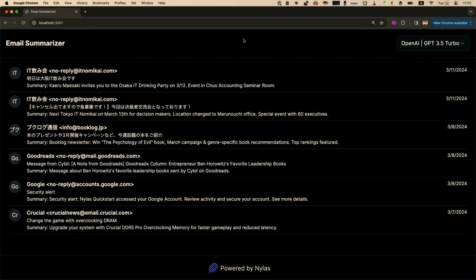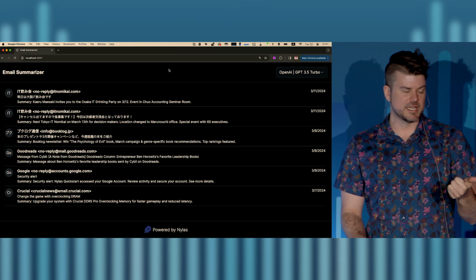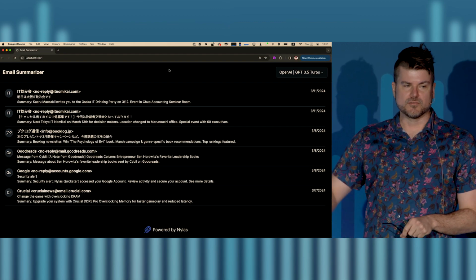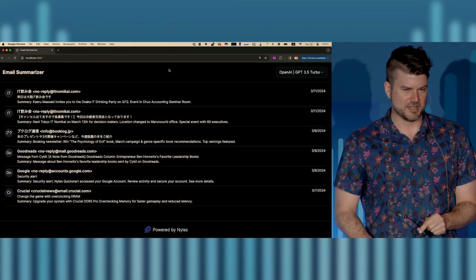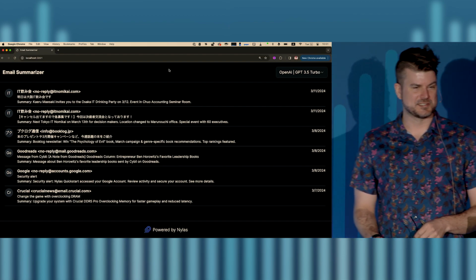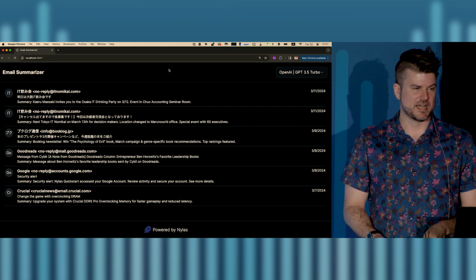There we go. All right, so this is coming straight from my, let's just talk through the application one more time. It went to Gmail via Nylas, pulled in all my emails, massaged that data into something that could then be prepped to hand off to the LLM, and then got the response, and now we're showing it in the client. There are ways to make this better, in terms of not having it block, but for a quick demo in a talk I think this is sufficient, though you wouldn't ship this in an application.